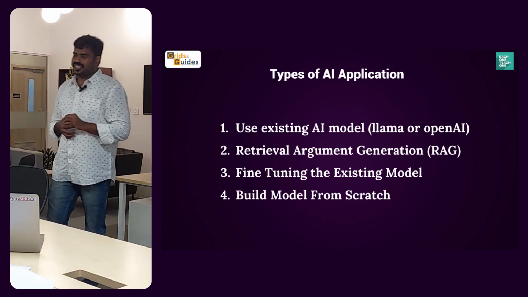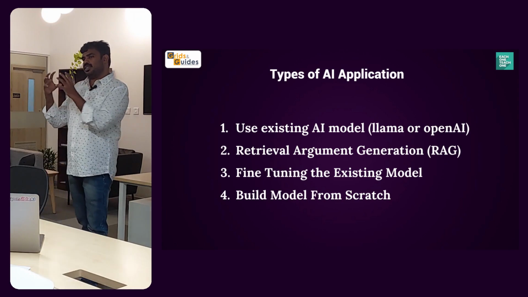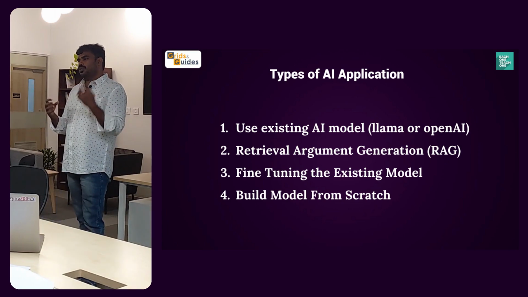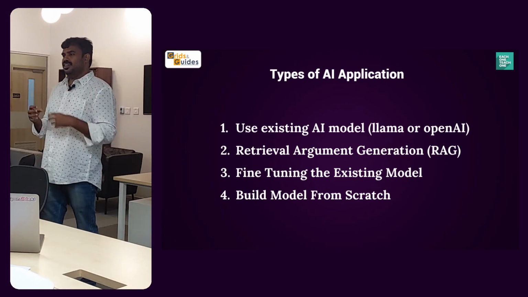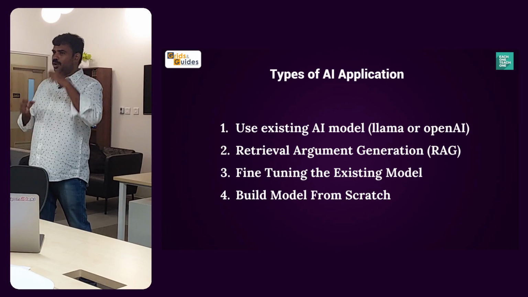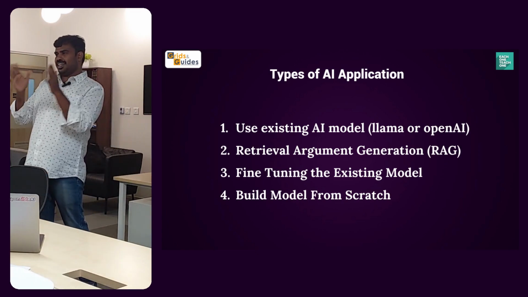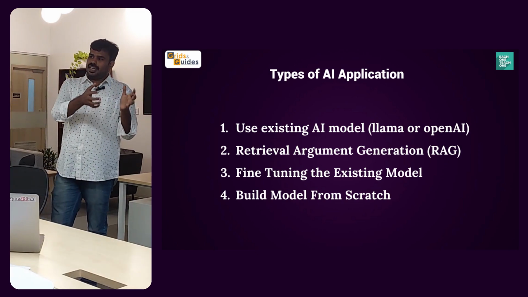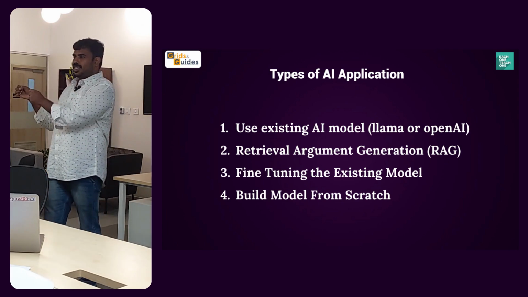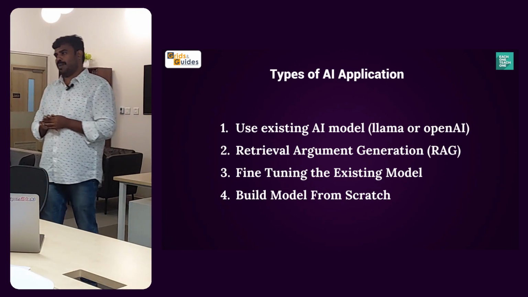Retrieval-Augmented Generation is a concept where you have a PDF document. The model doesn't have any knowledge of this PDF, right? So what you can do is vectorize that data and give the data to the AI model. I will come to this part later, what a vector is and how these AI models perform. But just understand that you are extracting the information from your PDF, giving that to the AI model, and asking it to beautify that content and return it. This is the overall thing which is happening.